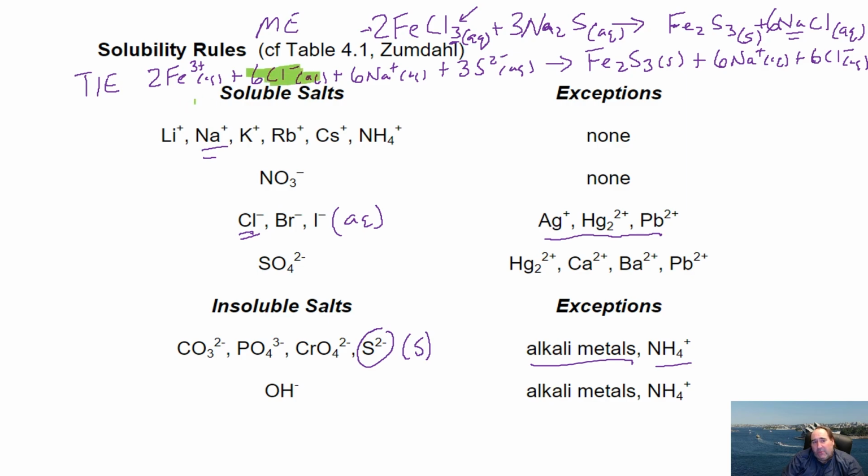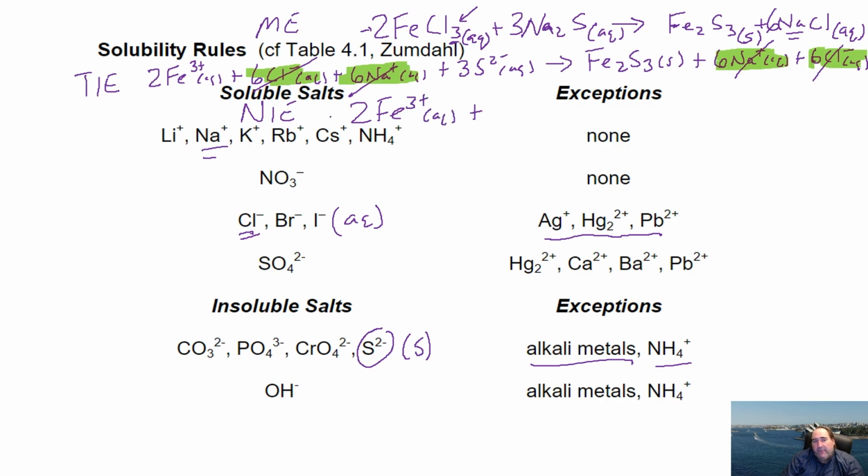Looks like 6 chlorides on both sides and 6 sodiums on both sides. Those are our spectator ions. Again, we're going to get rid of those, and that's going to leave us our net ionic equation. We get rid of those. And that's going to leave us here our net ionic equation of a couple of iron